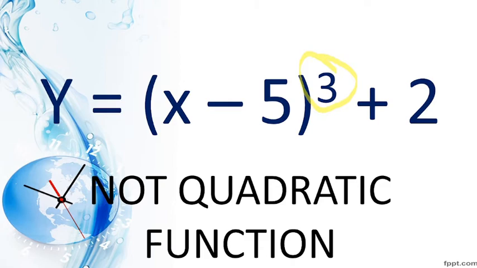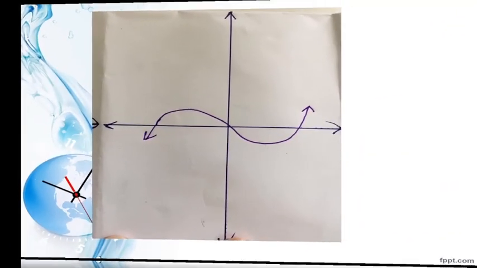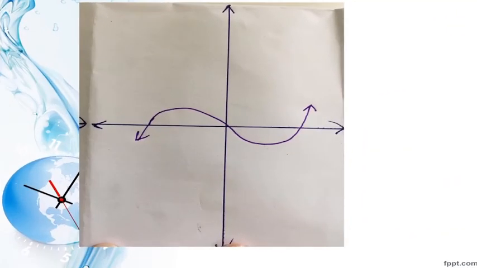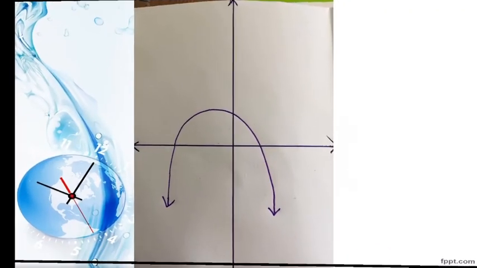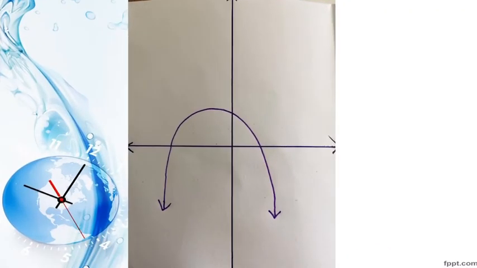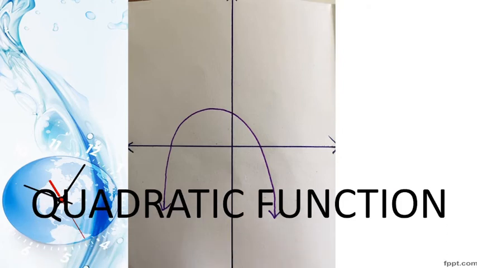How about this graph? This is not a parabola. So that means this is not a quadratic function. For this one, we have a parabola opening upwards or downwards. So this is a quadratic function. Next,